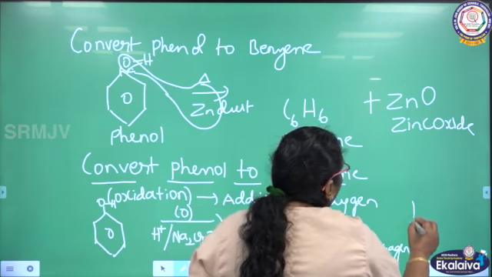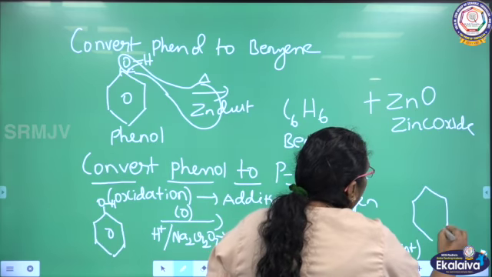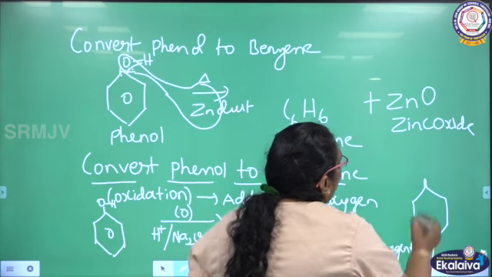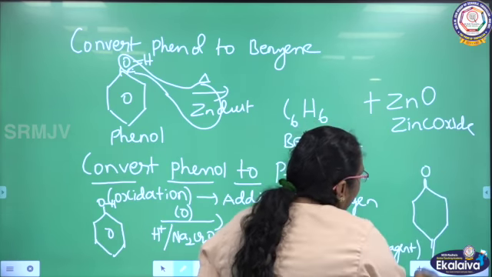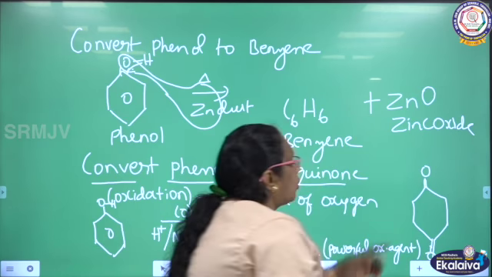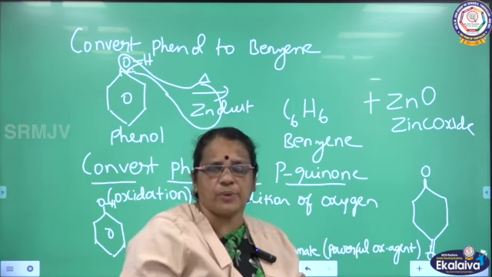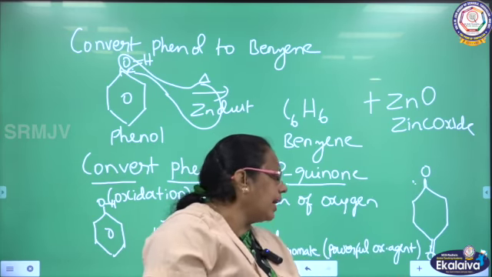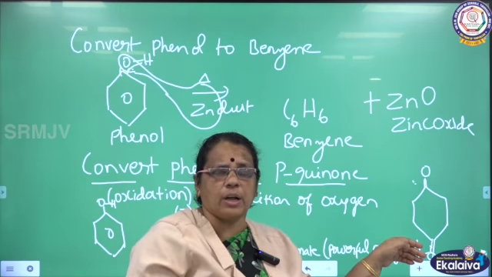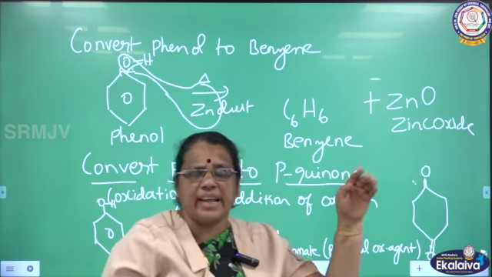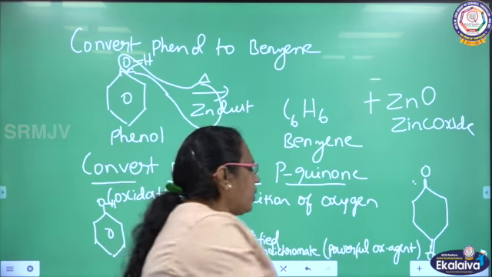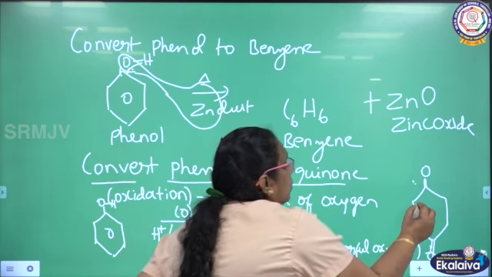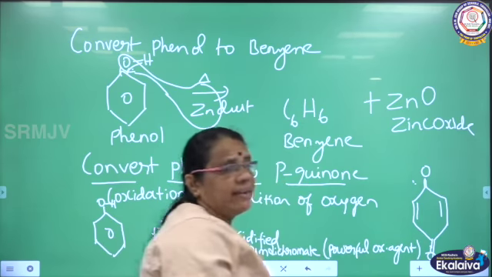So what are we going to do? Draw the benzene ring. This is the para position. So insert one oxygen here, insert another oxygen here. So there are two para positions, 1,4 positions. Draw a double bond in the first carbon and another double bond in the fourth carbon. So the 1,4 positions are ready. To the first carbon you add one oxygen, to the fourth carbon you add one oxygen. You see these two on opposite sides, again they will have a double bond.